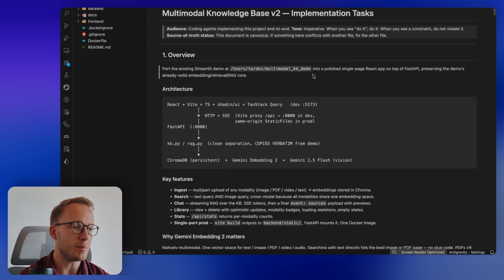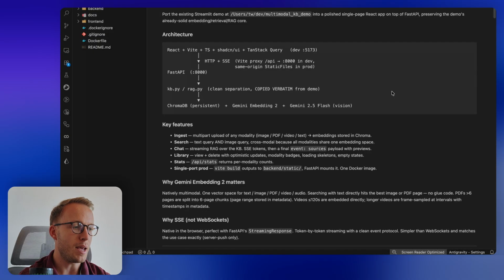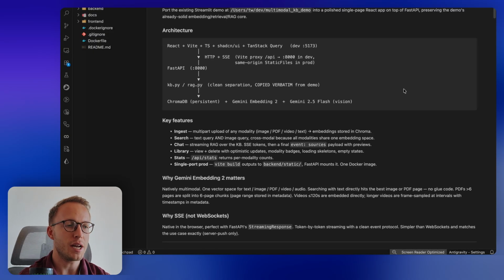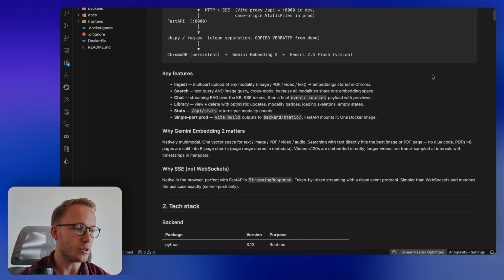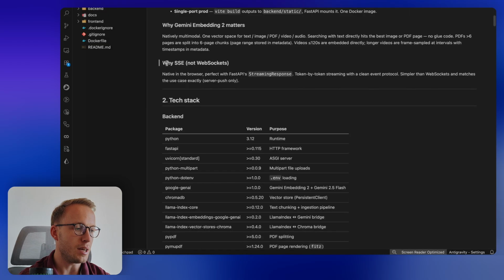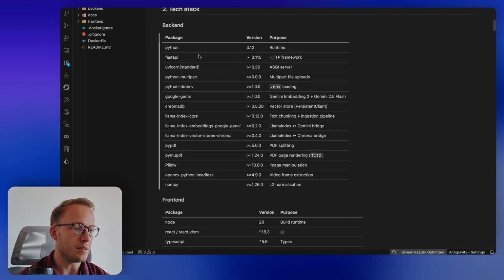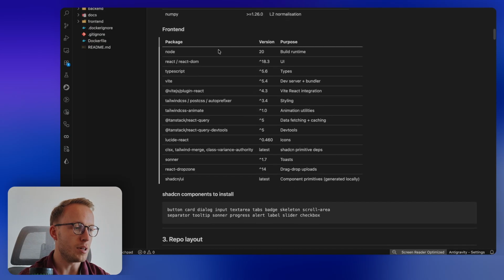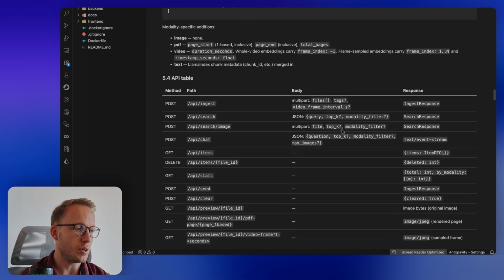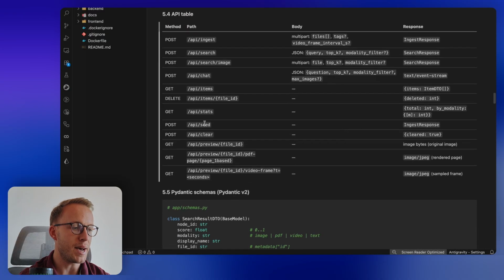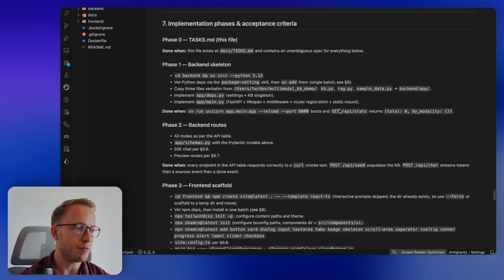And in my initial prompt, I roughly described the architecture that I wanted to have, and I did some research about that beforehand, and it added this diagram here in this task document with the key features and describing the different components like server-side events, then the exact tech stack for the backend and for the front end, and also the layout and code examples, the API endpoints that we need, schemas, and a lot more stuff. And then the